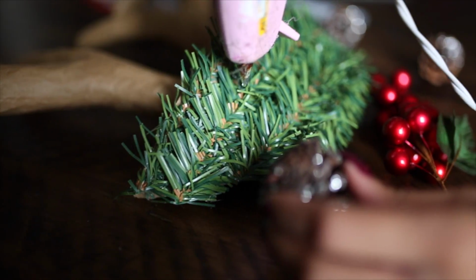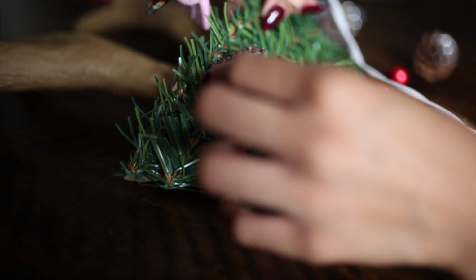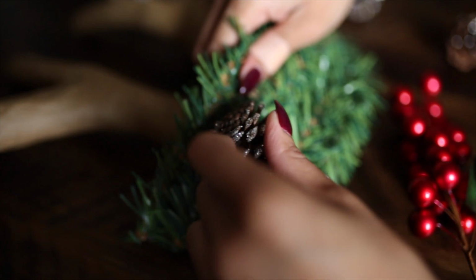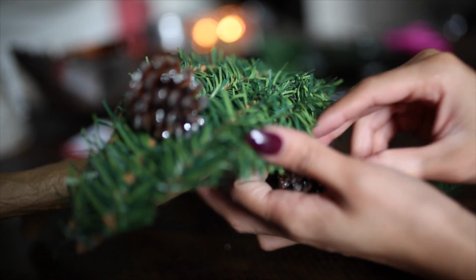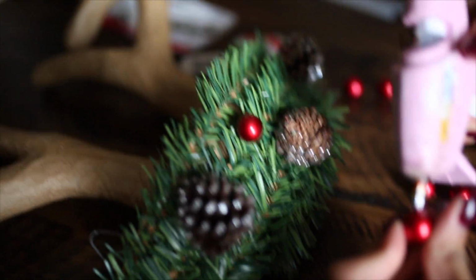Then I'm going in with my little decorative pine cones right now. I needed a lot of hot glue for this, so definitely be generous with the hot glue on these and hold it down for a little bit longer than you normally would, so it does definitely stay secure. So I added about 3 of these glittery pine cones that I got, and then I went back in